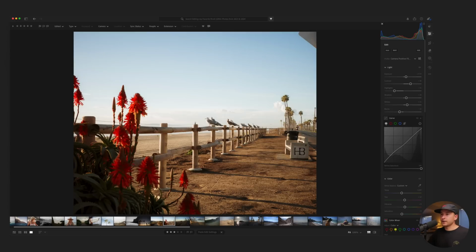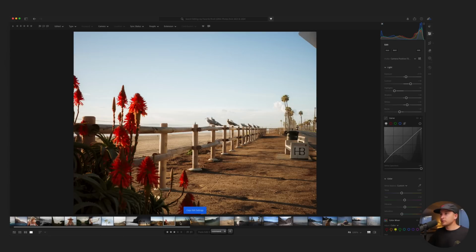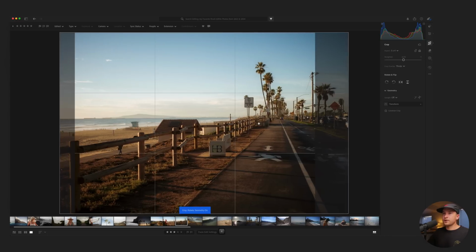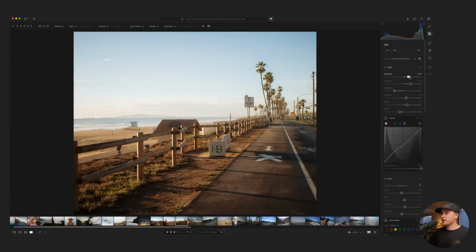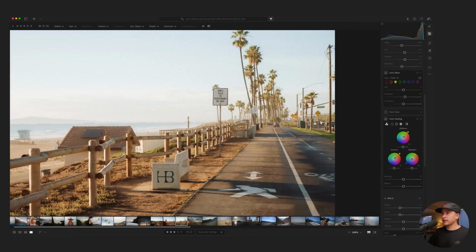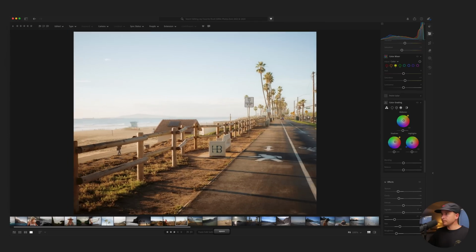All right, so moving on to the next photo. This one was about 0.2 of a mile away, so we'll copy and paste that. I'm already noticing that I want this to be brighter. That's looking good. I'm also noticing a little bit too much happening here, so we're just going to take the texture down and clarity down a little bit just to massage it more. And dude, if you look at the before and after of clarity,